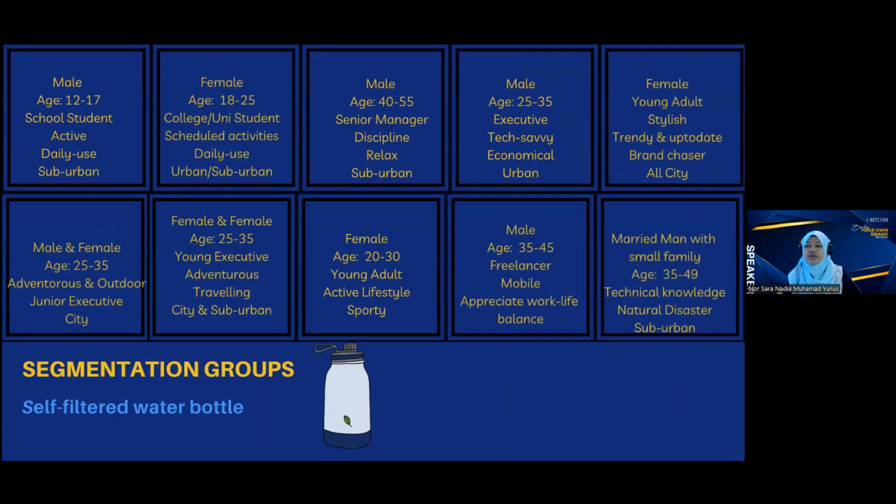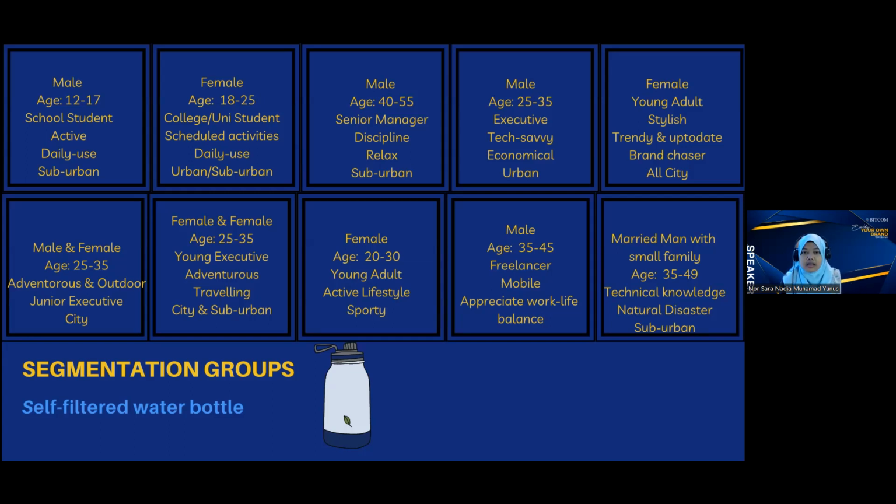Okay, alright. Using the same example that we use in our value proposition, we define our product just now as self-filtered water bottle. Okay, identify in the first stage. Okay, and using the segmentation variables that we discussed just now, okay, I managed to come out. Ni semua mock lah, saya yang buat sendiri, perasan sendiri lah, just nak tunjuk contoh so that you know how it works when it comes to the process. Okay, so there are 10 groups. There are 10 groups of segments that I use to divide the population.